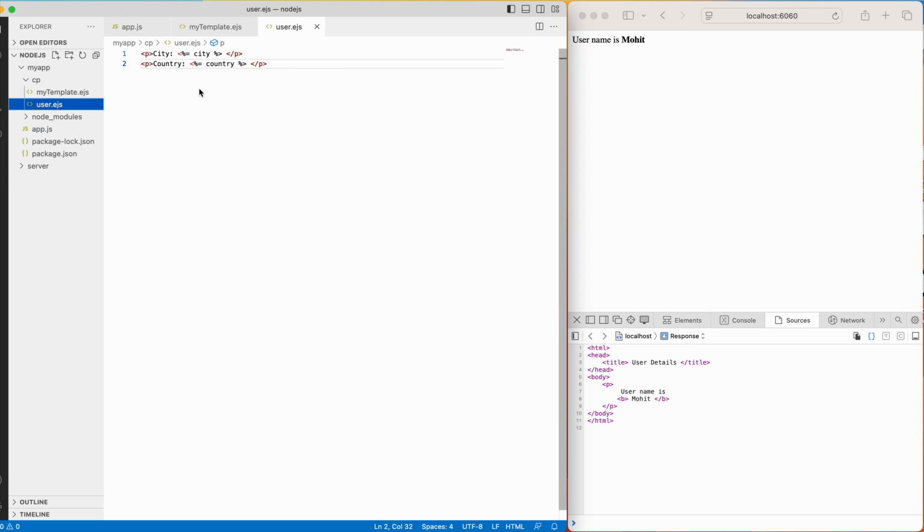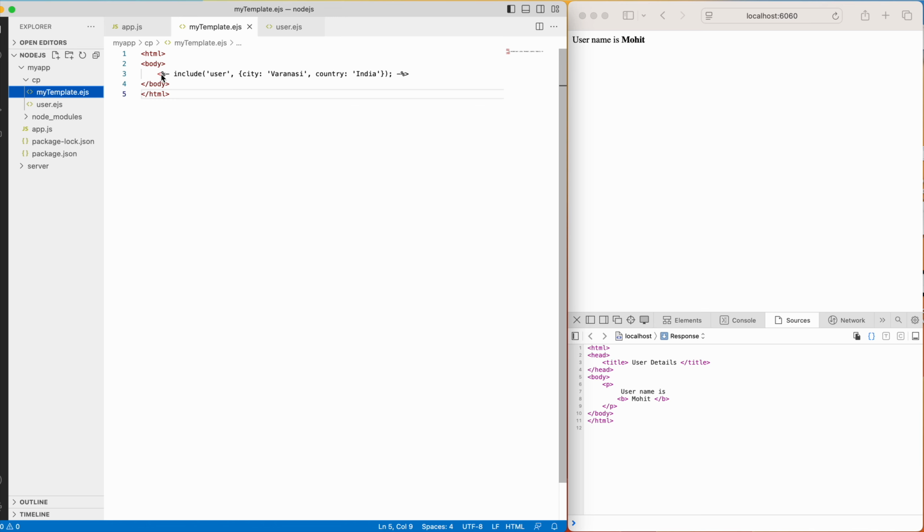First of all, this is user.ejs. Here what I have written is city and country. It needs two values. We have to pass city and country to this EJS file, and in the other EJS file use this tag